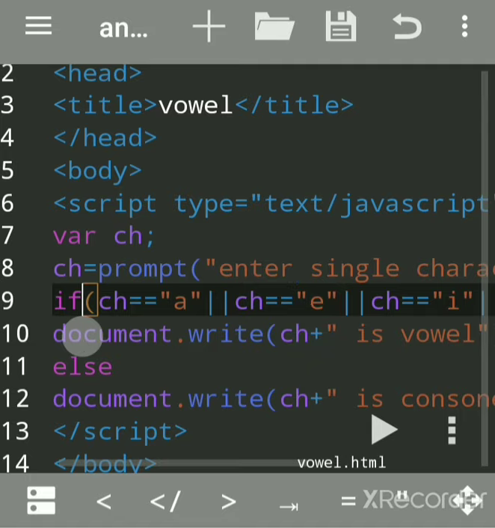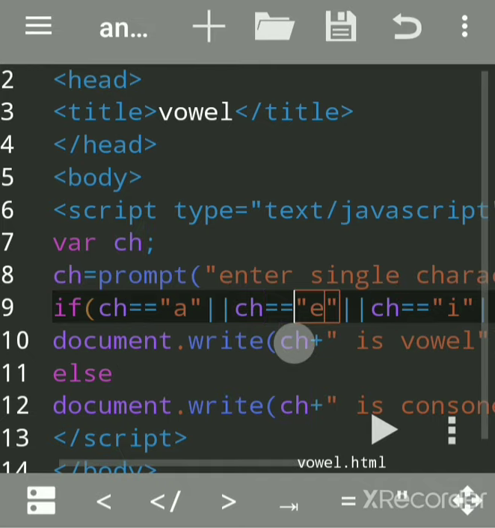Then the if condition is used to check whether it is a, e, i, o, u. Double equal to is called the equal to operator, and this double pipe sign is called the or operator, meaning logical or.